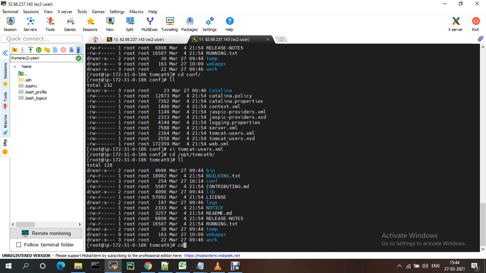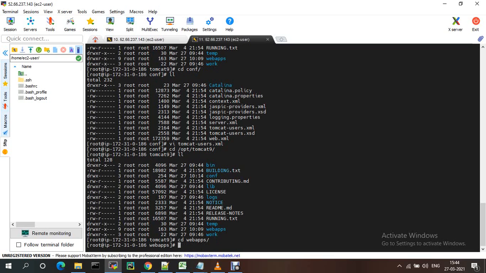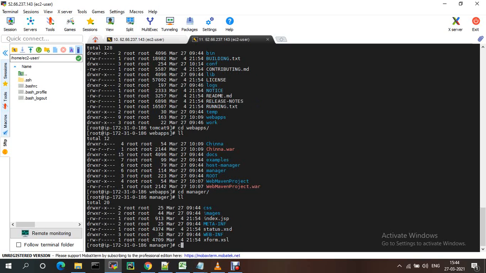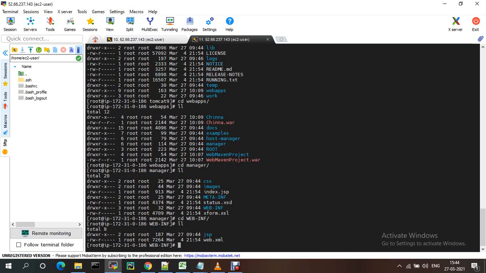Here there is a webapps folder. cd webapps, under manager, under WEB-INF. There is a web.xml. vi web.xml.